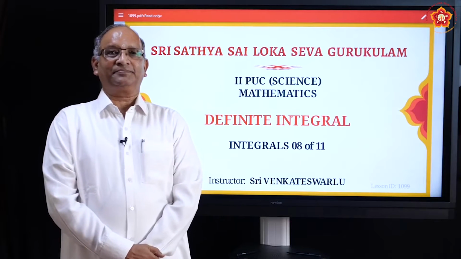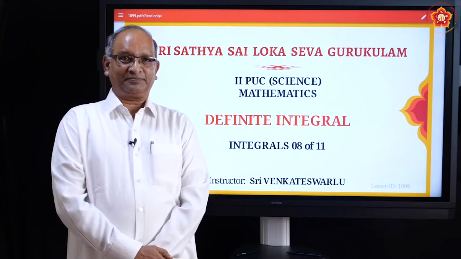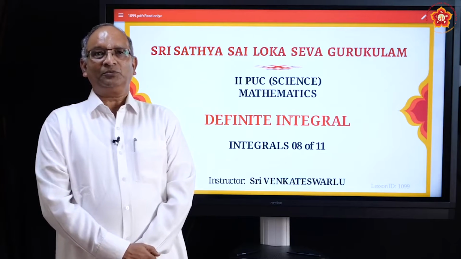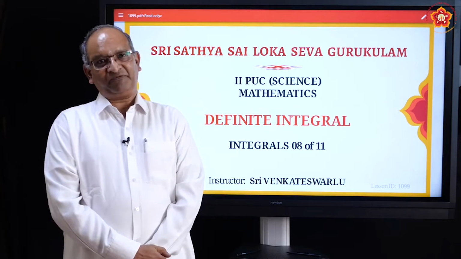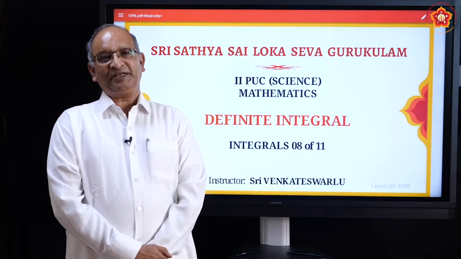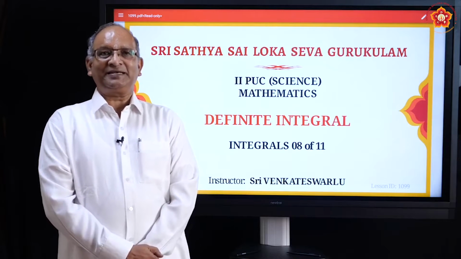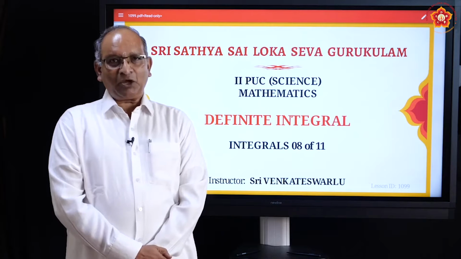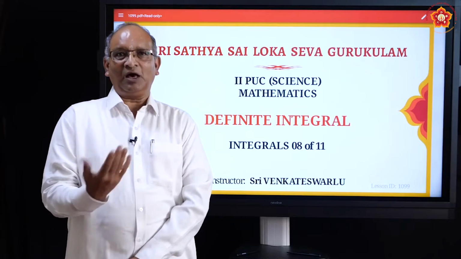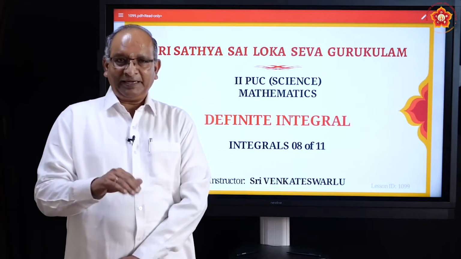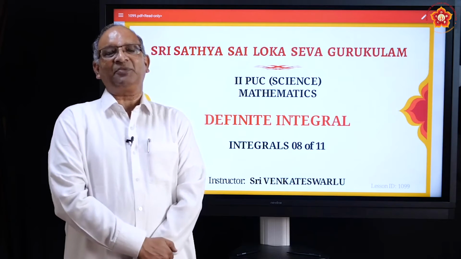Till the previous session, we were discussing indefinite integrals. Now from there we move on to definite integrals. What is the main difference between indefinite and definite? We know that whenever we do integration of a function, in the end we add a constant of integration. And that constant can take any number of values. What we mean is, whenever we solve an indefinite integral, any number of solutions can be written because the constant of integration can keep changing.